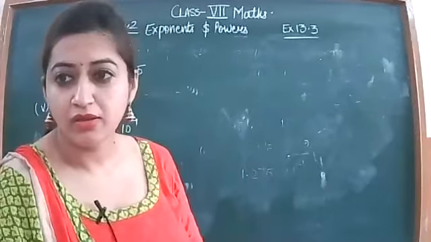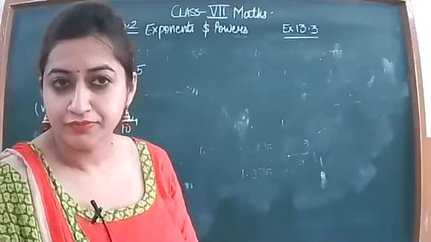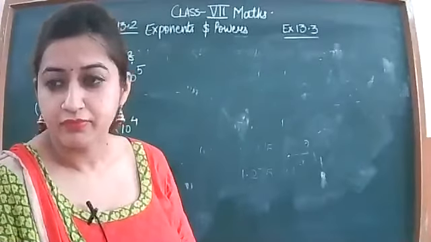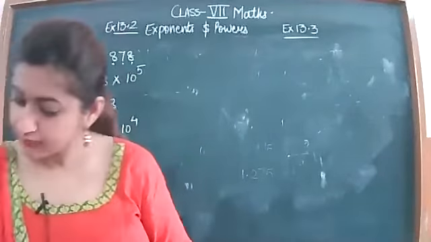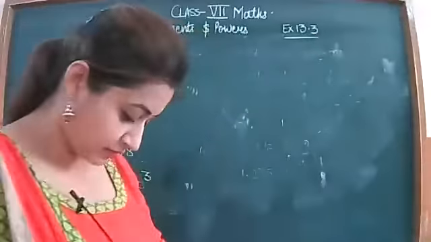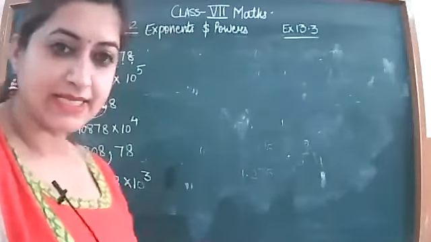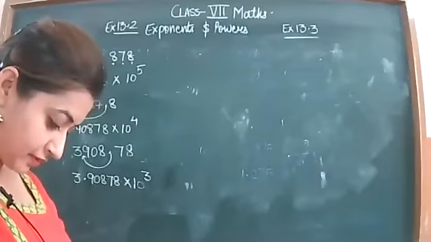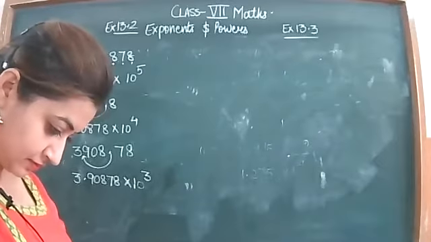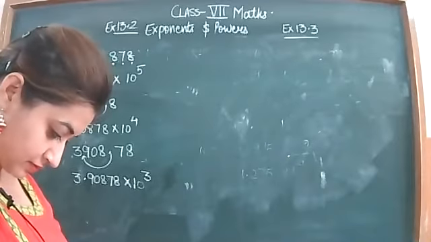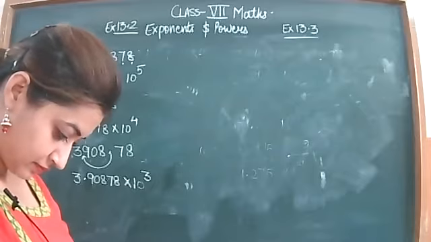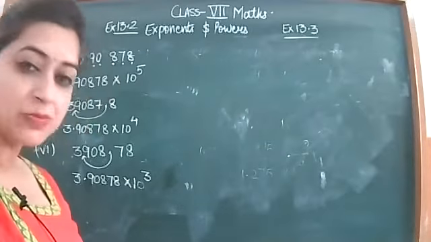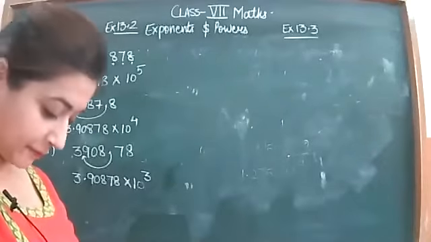Yes, Rivya. Yes, ma'am. Answer of G part is 3.0 into 10 raised to power 20. Yes, yes. Next. Can you tell the next part also? Yes, ma'am. 1.3553 into 10 raised to power 10. H part is pending, beta.